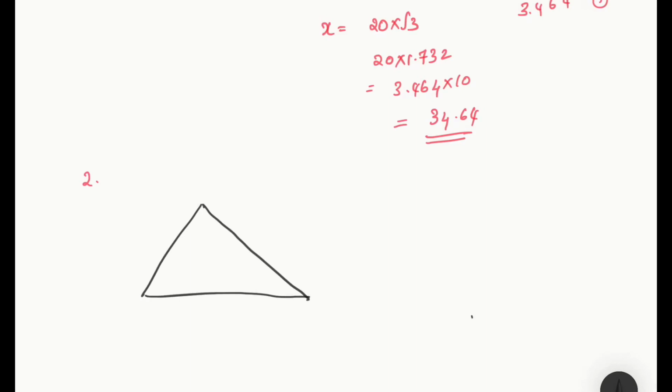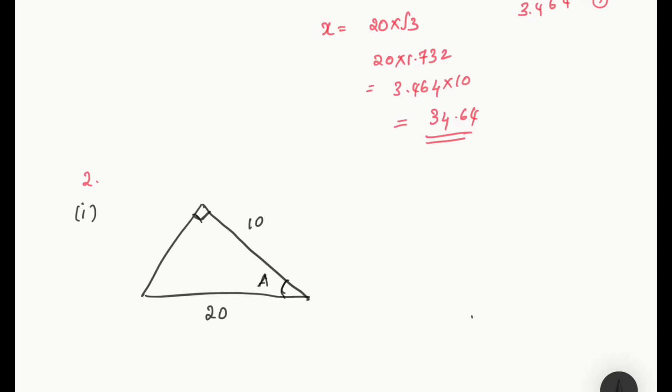Coming to the first sub question in that, the right angle is given here, 10 and 20. So you need to find the angle here. Earlier you were finding the side, now we have to find the angle. Two sides are given to you. So which are the sides given?